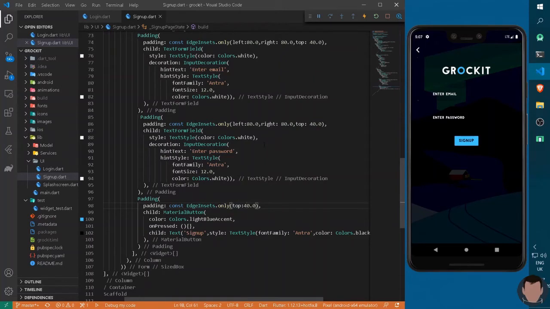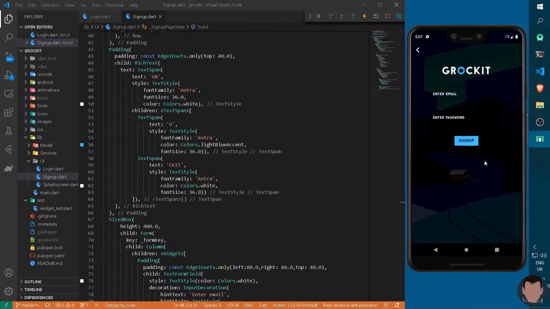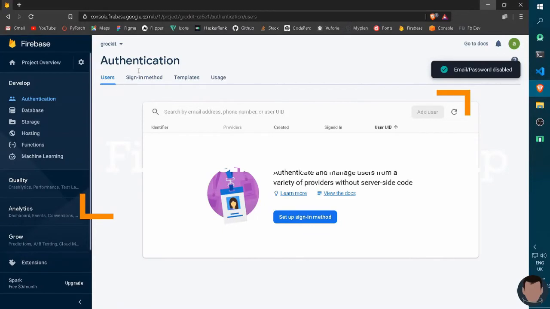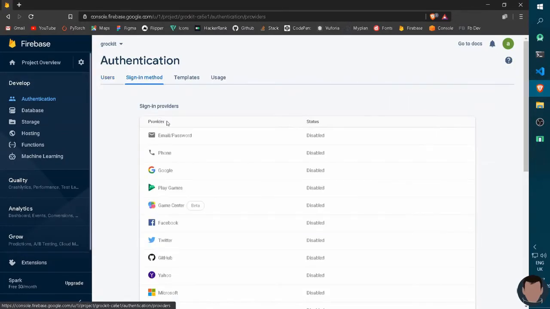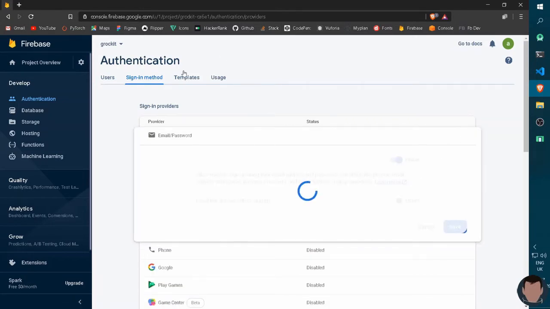Okay, so we have constructed our sign up page as well, through which the user will be able to register from here. Now our sign up page as well as our login page is completed. Now we have to just provide a link through which it will be authenticated from Firebase itself, that is the Firebase authentication. So the first step before linking both the application as well as Firebase is moving to your Firebase console, and under this authentication, under the developer, you have to move to the sign in method and enable this email and password. So I can just enable it from here.